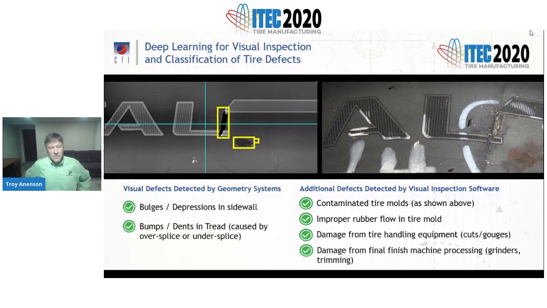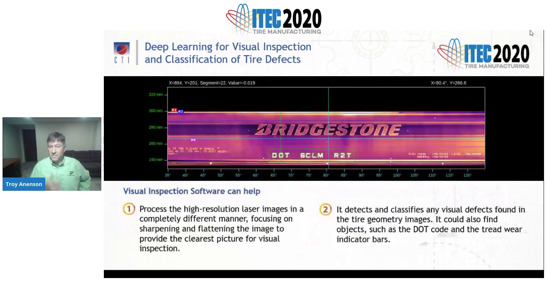In the photos on this slide, you can actually see an actual visual defect. What we've shown is a picture of it provided by visual inspection software, and also a real photo of that same defect. And that typically is a defect from a contaminated tire mold. On the next slide,